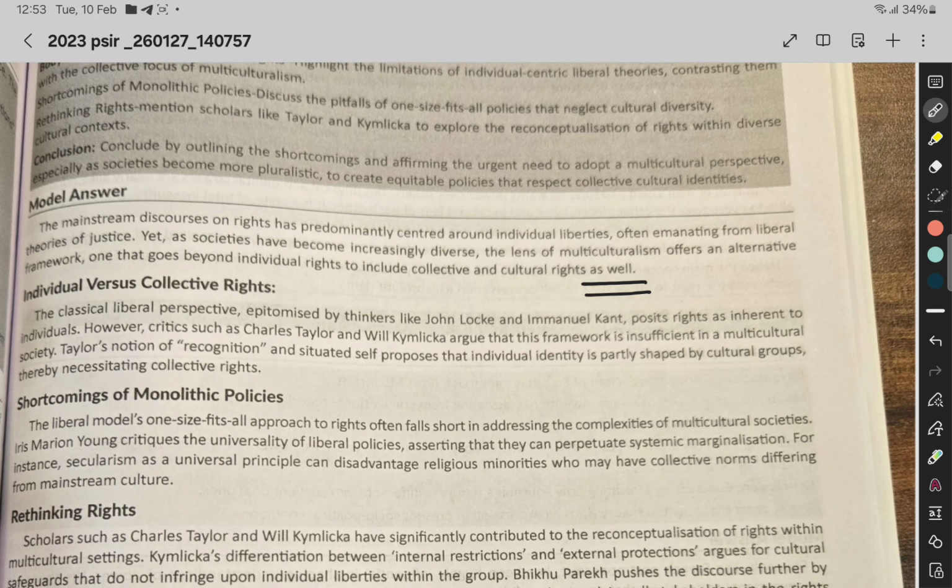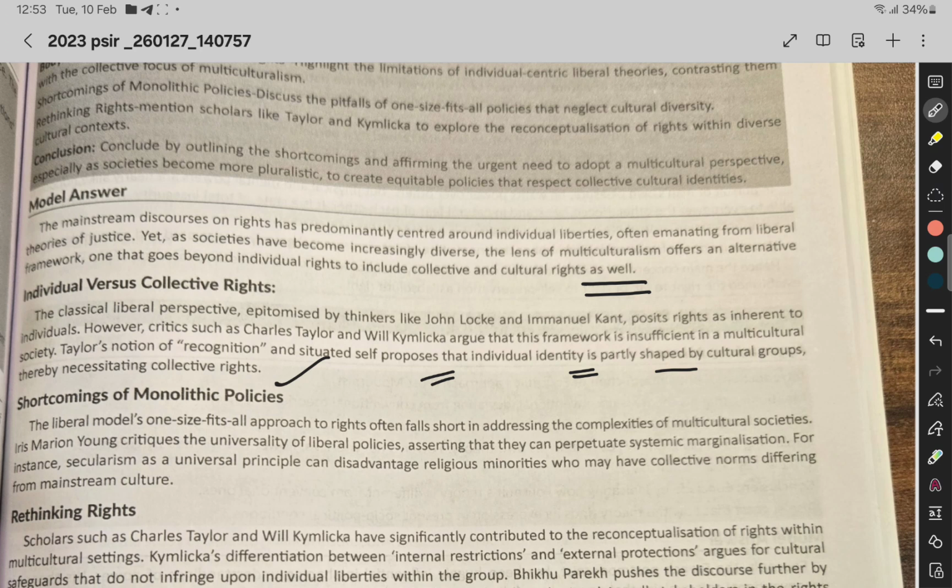Individual versus collective rights. The classical liberal perspective, epitomized by thinkers like John Locke and Immanuel Kant, posits rights as inherent to the individual. However, critics such as Charles Taylor and Will Kymlicka argue that this framework is insufficient in a multicultural society. Taylor's notion of recognition and his situated self suggest that individual identity is partially shaped by the cultural group, thereby necessitating collective rights. Shortcomings of monolithic liberal models: a one-size-fits-all approach to rights often falls short in